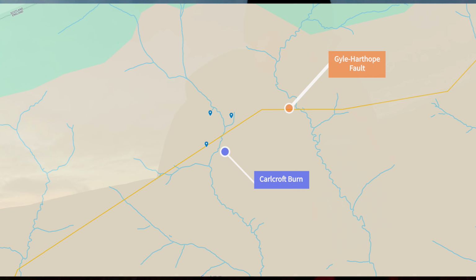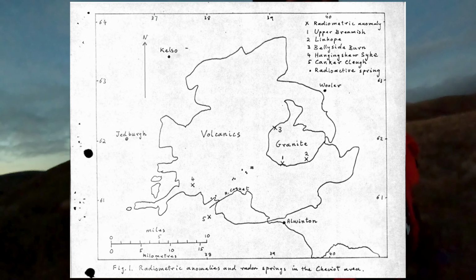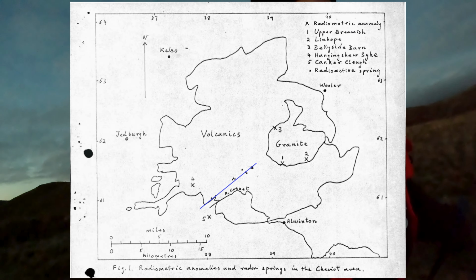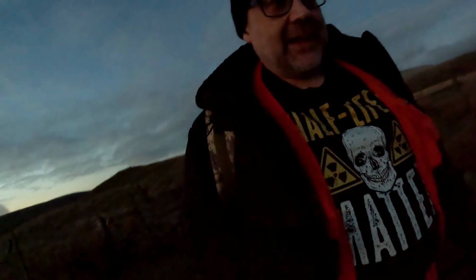Now, Dr. Haslam, who is fast becoming my favourite human in the world, he mapped out several of these, and they all fall within a quarter of a mile of the fault, and I'll put an image up now to show you his map. So he visited loads of these, and I picked Carlcroft just because it was the most radioactive. So obviously it gives me the best chance of finding it. But there are loads of these. Always close the gates to find in the Cheviots, following the Geiger Heart-Hope fault. So that explains why there, why just every other random spring and bit of water in the Cheviots isn't as